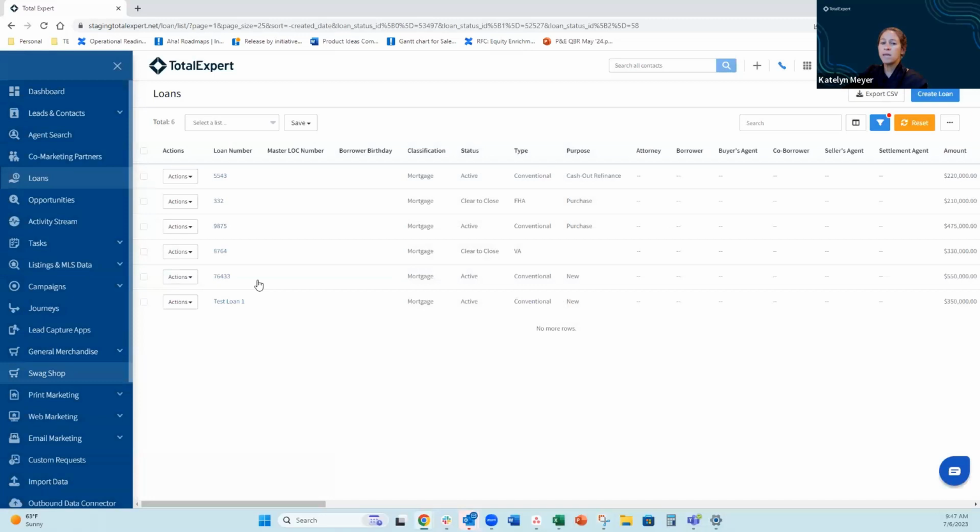So you can see by applying those different filters, and you can know that I have those filters applied by this red dot. You can see in here that my total now has dropped from 10 loans total to just the 6 that meet this criteria. And if I want to save this list, I click into the save button and I save